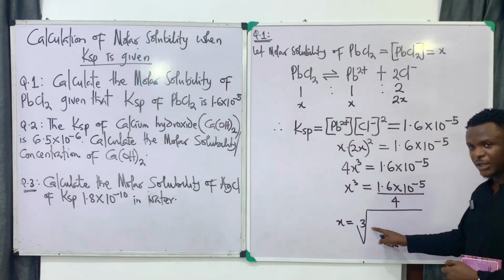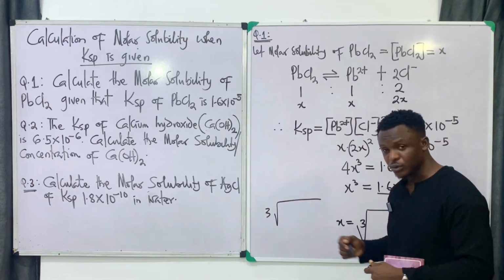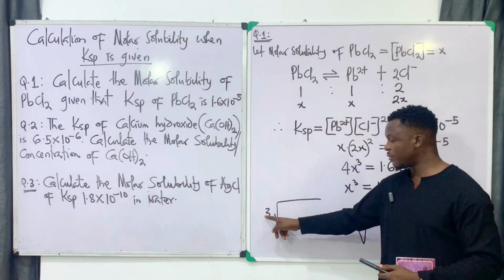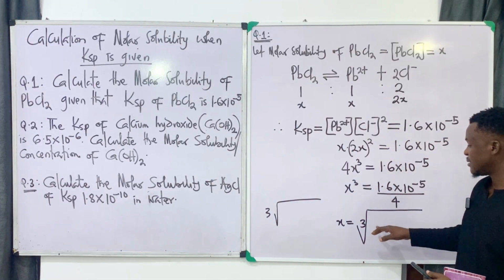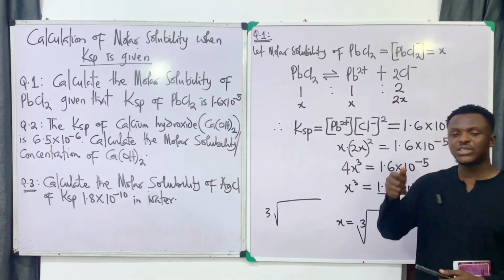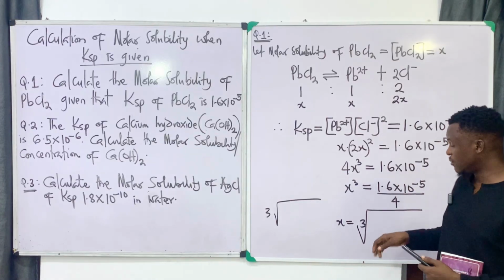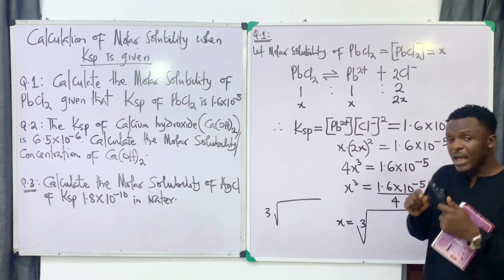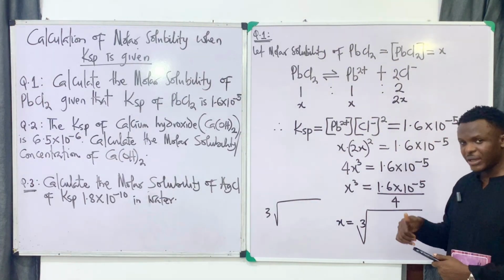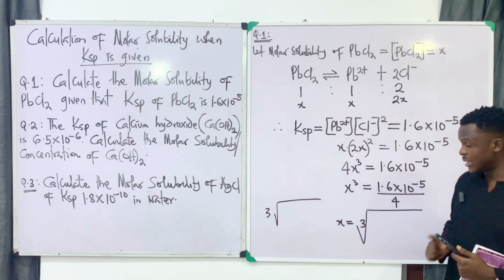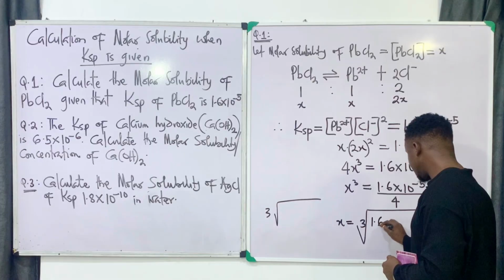Class, if you're pressing your calculator, if you do this, this is not cube root. The calculator is going to say 3 times the square root of whatever you have here. So if you want to get this in your calculator, press shift in your normal calculator and then look in your calculator. You're going to see where you have the square root. When you press shift, you're going to see a sign that looks like this. Press it, you're going to get this. And take note that for the cube root, the 3 has to be enclosed with this. So this is 1.6